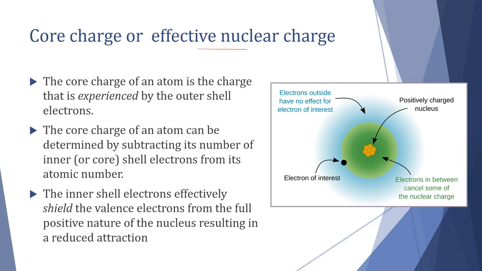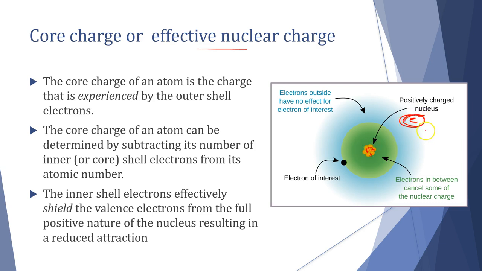And essentially what this is, it's the experience of the electrons, the outermost electrons, how much they are pulled towards, or the attractive force that they feel towards the nucleus of the atom itself. So it is the charge that is experienced by the outer shell electrons. If we have electrons out in the valence shell, and we're talking about an electron out here, it is how much, given that our nucleus is positively charged,